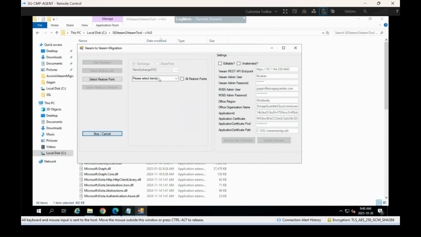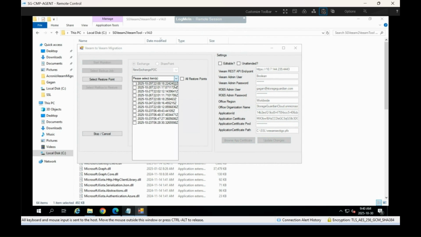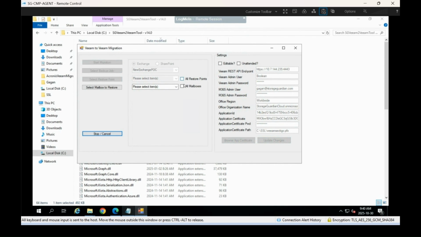The tool then asks you to select either all restore points or a couple of the restore points to migrate. Here we will select 2 restore points for the demo. Finally, we select 2 mailboxes in the backup that we'd like to migrate to the alternate location and then click Select